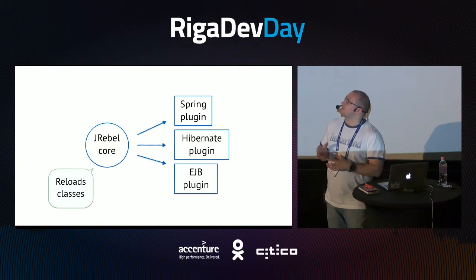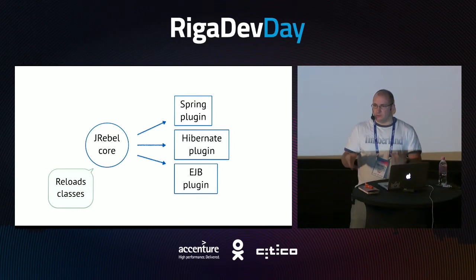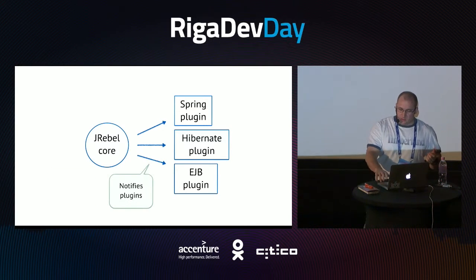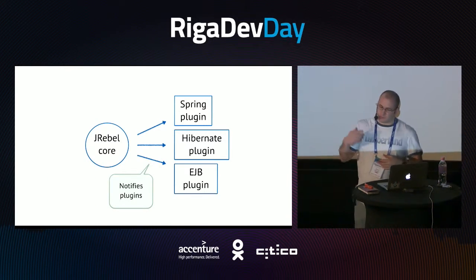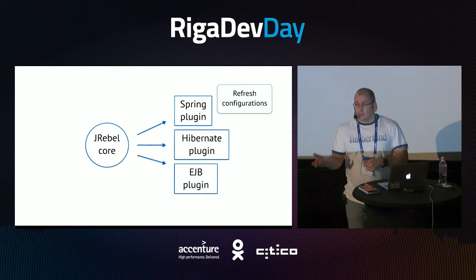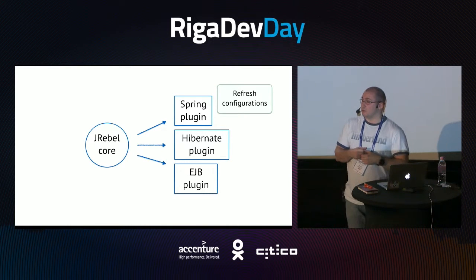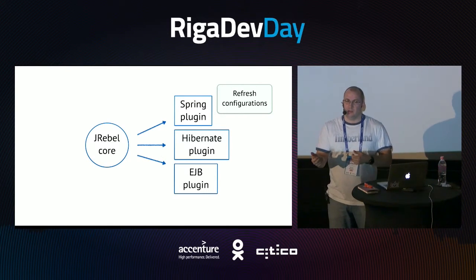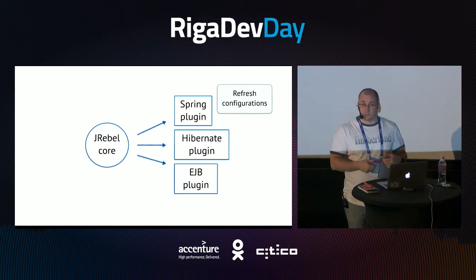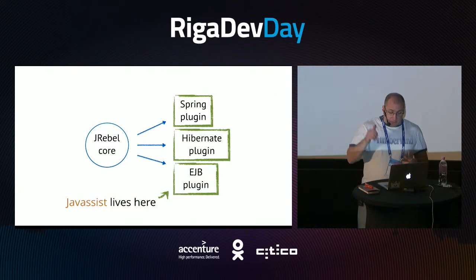The core itself is responsible for reloading the classes. So you make a change, you recompile. The core is responsible to load the new version of the class and reconfigure your application. But then it has to notify the plugin, which is responsible for reconfiguring the framework. So let's say you are adding a new bean. The new bean has to be visible for the other beans to be injected, or you added a new controller mapping. You want the framework to recognize that. This is done while refreshing the internal configuration of the framework. And all the plugins are responsible for that. And Javassist is used there,